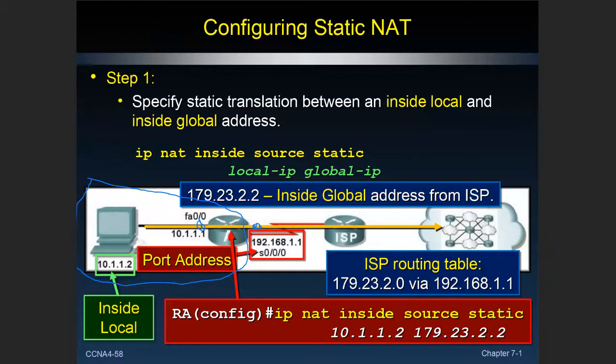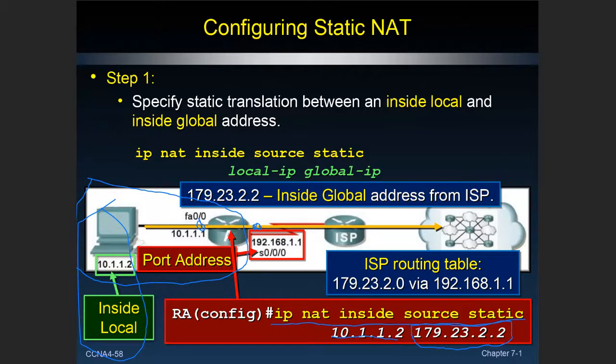So the first step is we're going to type a line of code that says ip nat inside source static, and this is an example of static NAT. We're going to take this inside local server here, and that's our web server. We want to statically map that to one single globally unique IP address on the outside world. So we want that inside private address of 10.1.1.2 to always be what's in our DNS record for our company. 179.23.2.2 is the address that resolves when you type company.com, and that way they can see our web server.